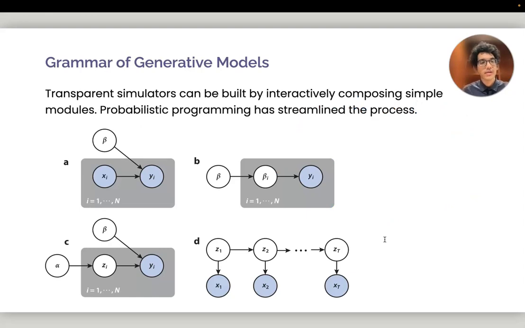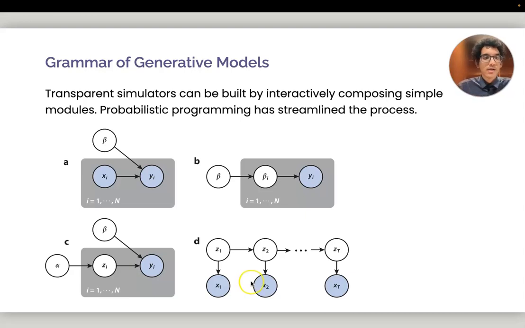Okay. So how can you make those generative models a little bit more interactive? One idea is you should be able to build it up from simpler components. Here I'm showing different kinds of basic building blocks for larger generative models, represented as a diagram. And the point is, they could be used as models on their own. Like this would be logistic regression, this would be latent Dirichlet allocation, this would be a hidden Markov model, right? But you can also think about it as parts that you can link together.